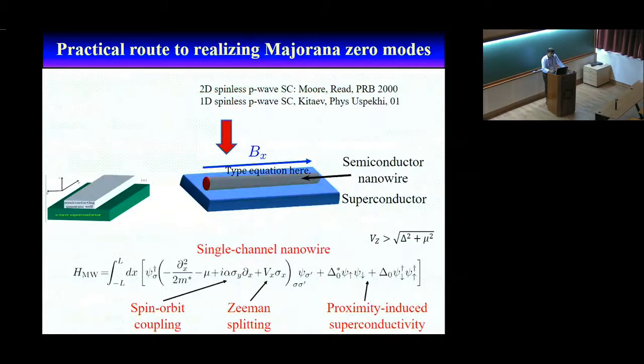So here I have summarized everything that I said so far. We have to create an analog of a 2D spinless p+ip superconductor or a 1D spinless p-wave superconductor, and you can have a superconductor-semiconductor heterostructure in 2D or in 1D. It's the same physics. You apply a Zeeman field, and